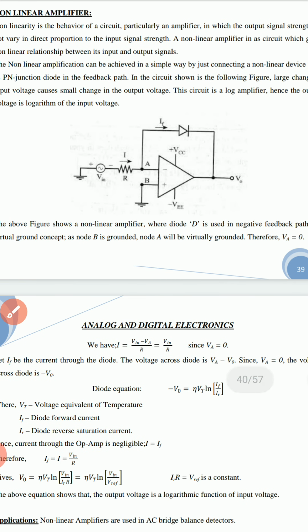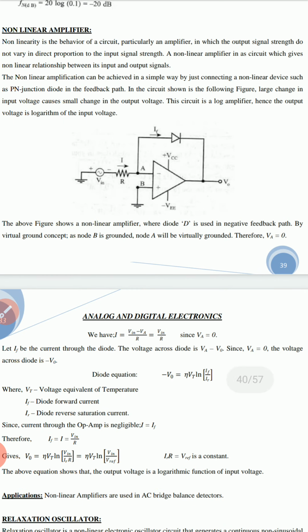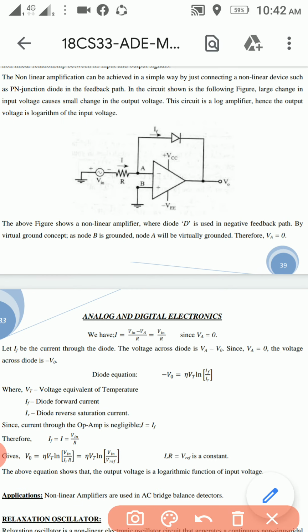Okay, some of the expressions related to this particular nonlinear amplifier. So in the circuit diagram, assume that I is equal to what? The current is passing through this particular resistance. What is the voltage across that resistor? We have to find out. What is the input signal we are giving? V in, right? So what is the voltage at point VA, and what is the voltage across this resistor? We need to find out. Because of that, I is equal to what?